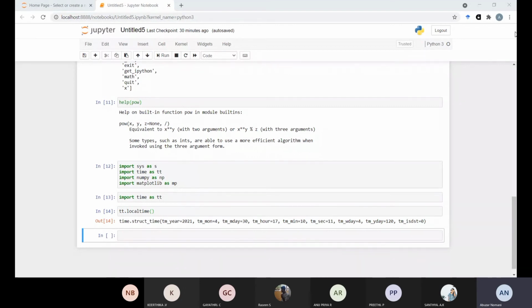Generally, to make your program simpler, you can use from math import star. This is especially true for beginners who have just started to learn programming. Let us look at some lines of the code here: from math import star.